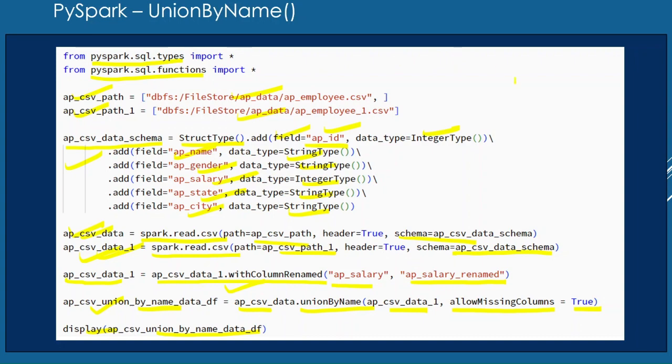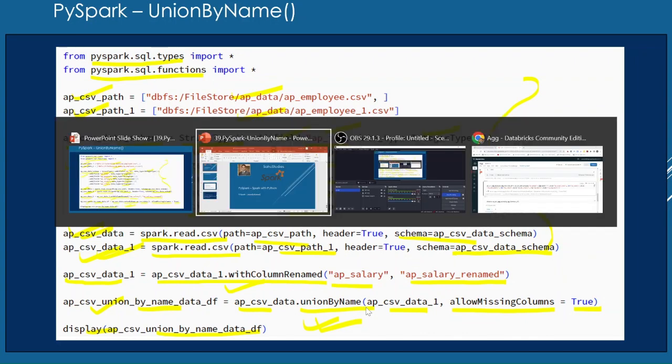I'm going to copy the code till the creation of the data frames with the help of the spark.read.csv function. We have done this multiple times in my previous videos. I'm going to copy the code to save time, and after that I will show how this union function works in Databricks.